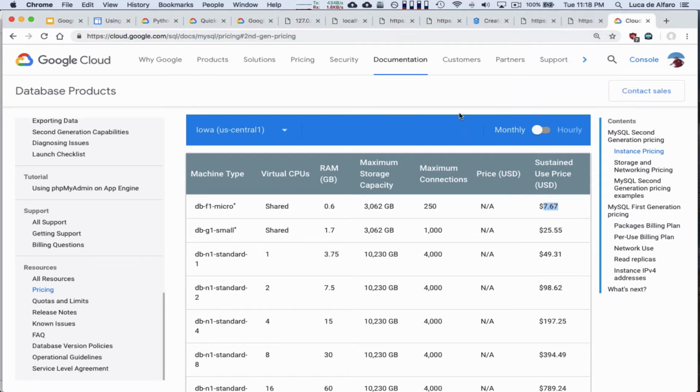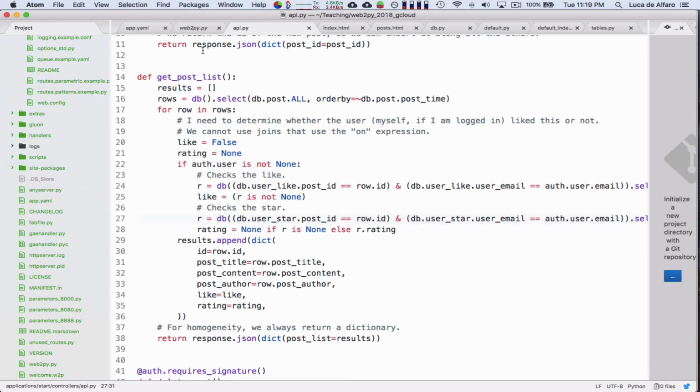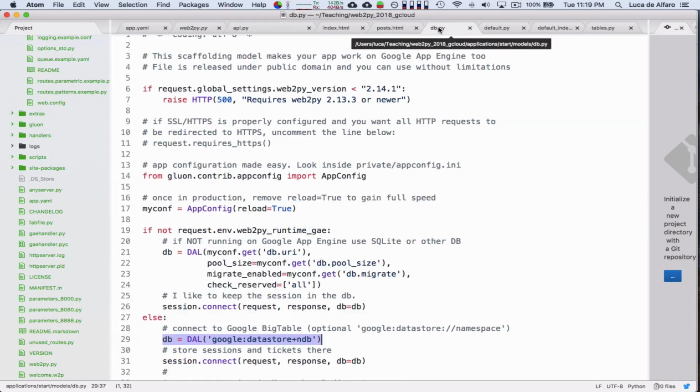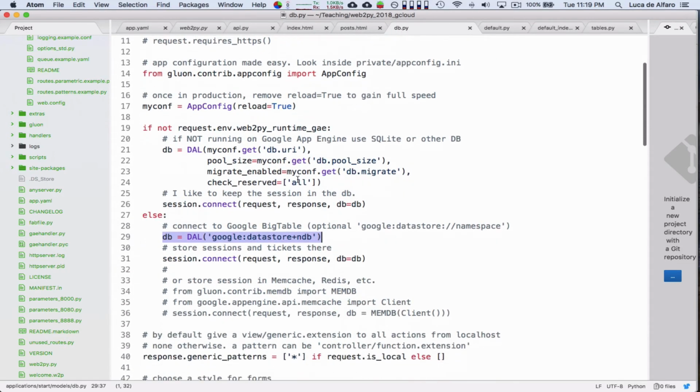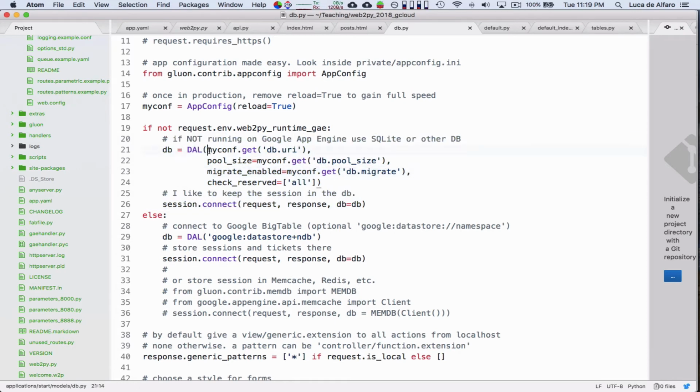And so the only thing is that if you use one of these instances, then you need to adapt one place. The place is here, in db.py. At the beginning, there is this if-else. This says, if we are not working on App Engine, and this is all you have been doing so far in class, you have always been taking this branch of the if-then. So if you are not on App Engine, then we use this database, which in practice is defined in myconf, and myconf is,